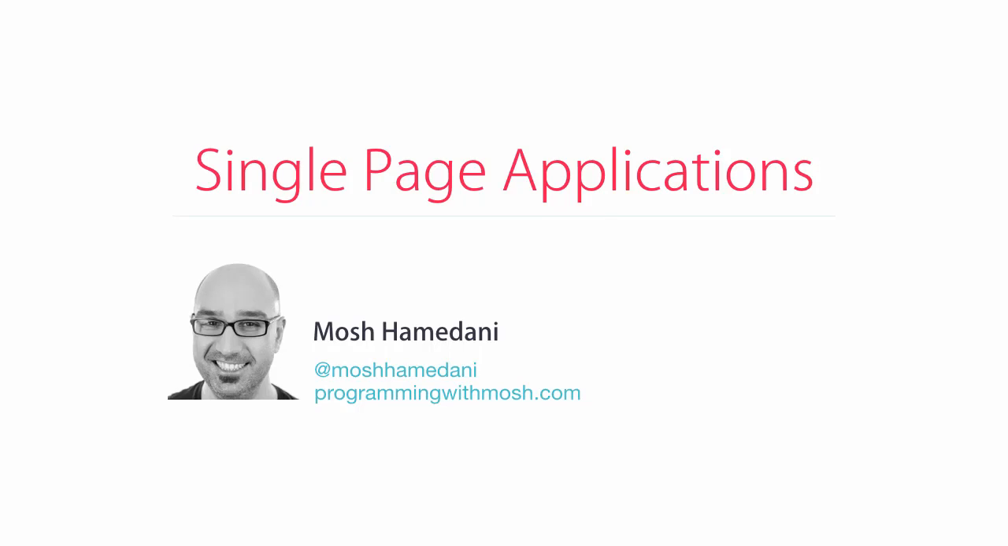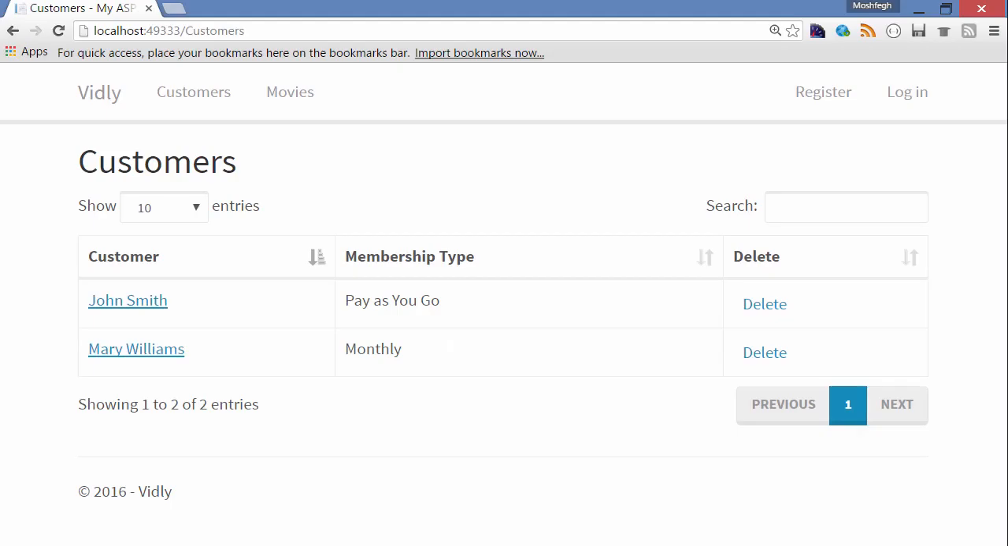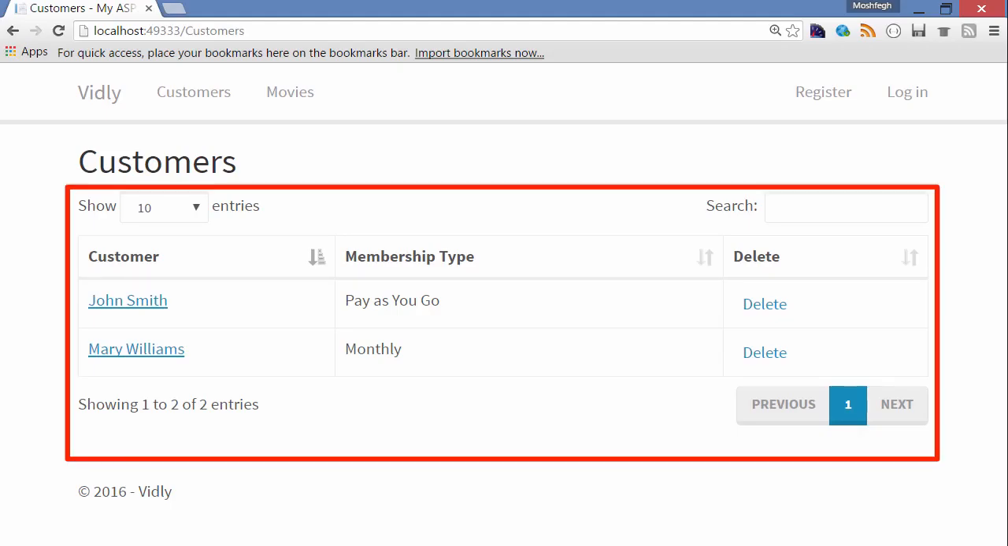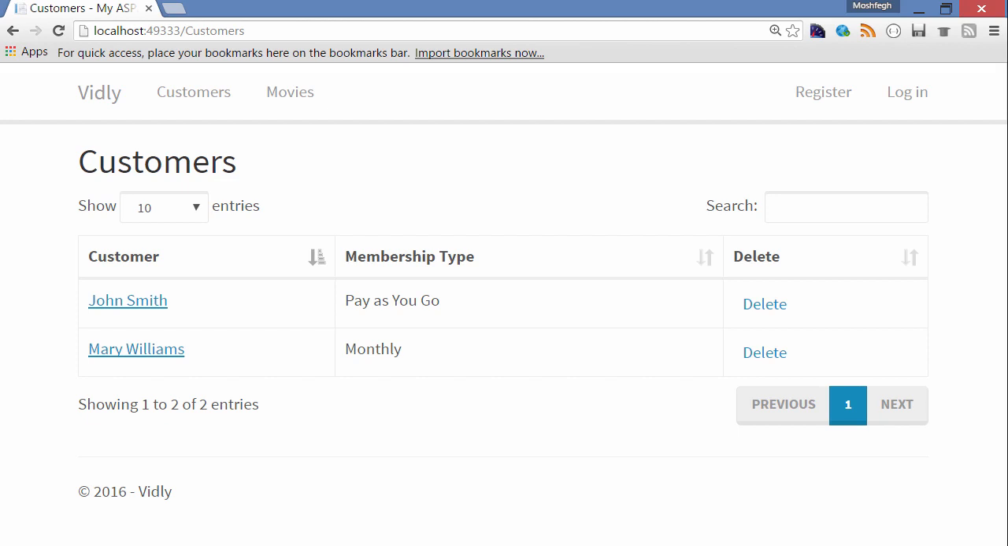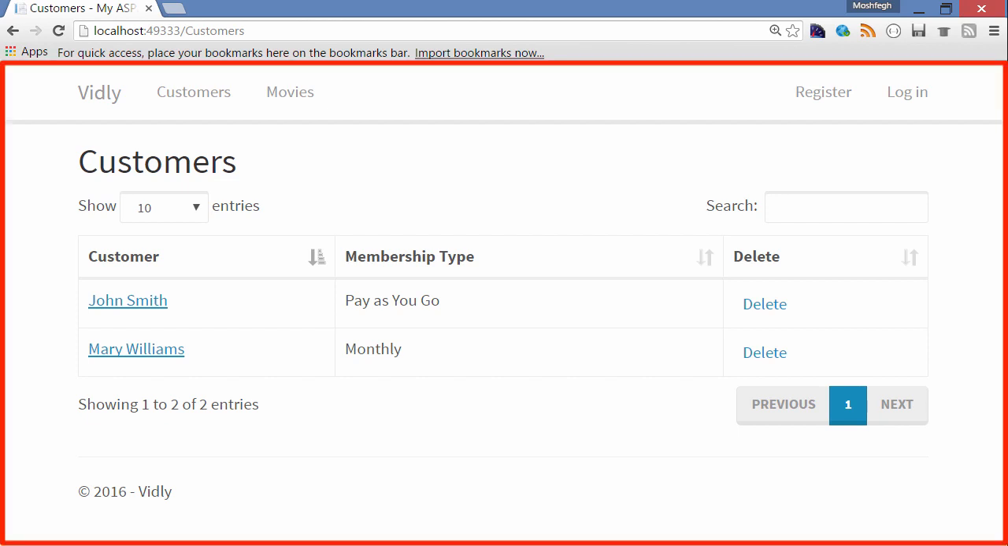Another topic I wanted to briefly talk about is single page applications, or SPAs. So with our new implementation, we're generating the customers table on the client. In other words, we're generating a part of the view on the client. Now, we could take this to the next level and generate the entire view or the entire page on the